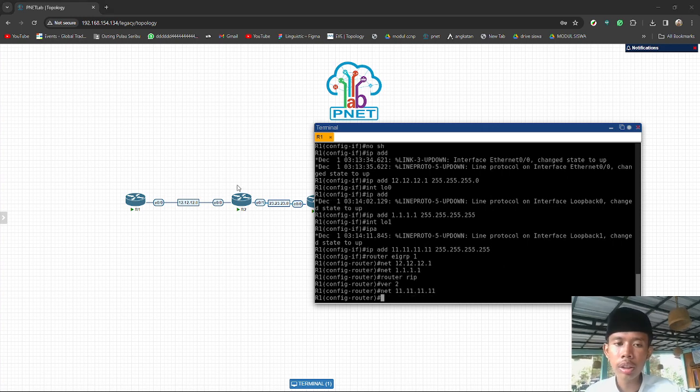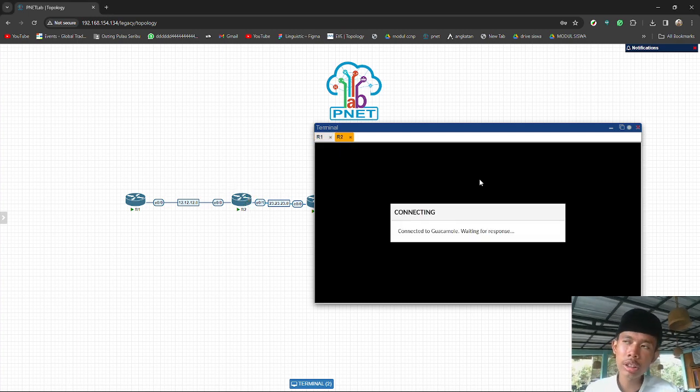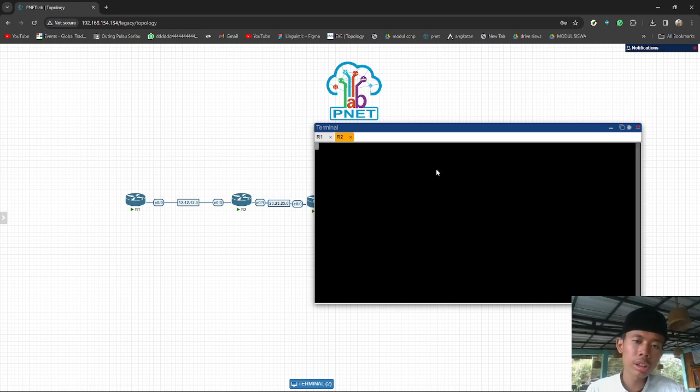After that we will move to the second router. The basic configuration comes first, just like addressing, changing the host name, and advertising into a routing protocol.